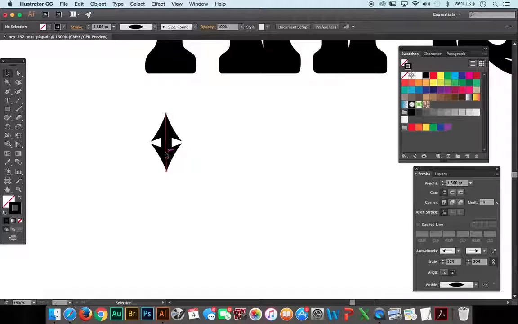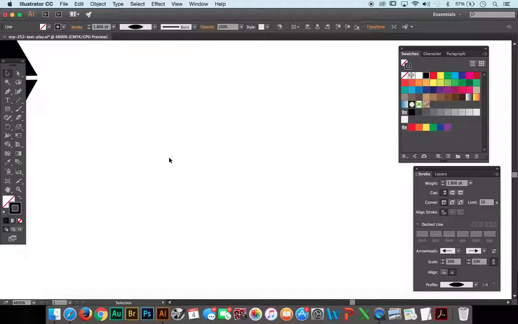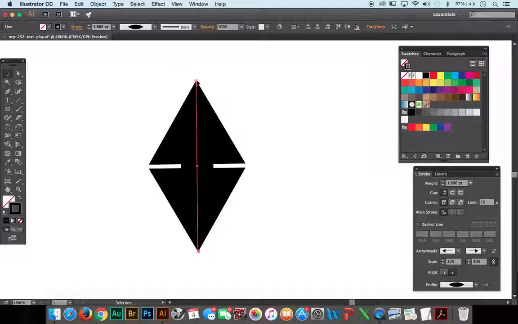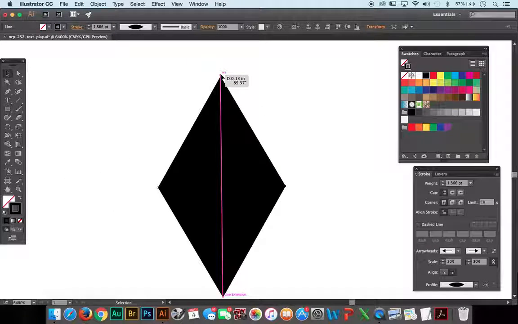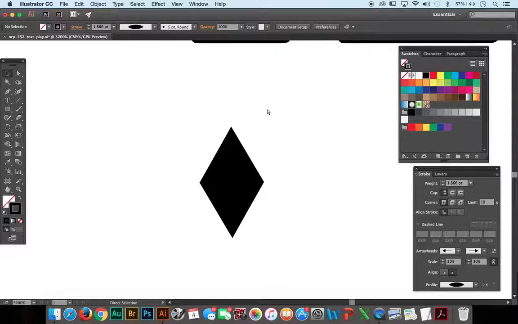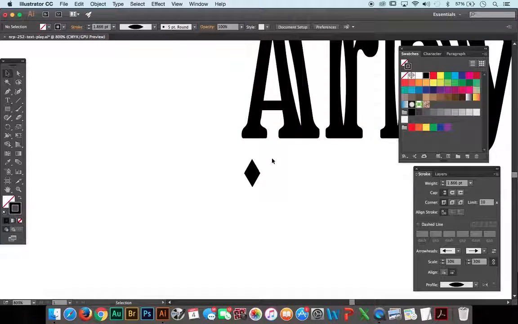I'm almost trying to create like a diamond. Actually, I shouldn't say almost. I am trying to create a diamond. And I know I could have drawn it, but I could also do it this way and make it happen way easier and way faster. Zoom in a little bit more. All I'm doing is just pulling this line out, and since it's got the arrowheads on both ends, bam, there's my diamond. Perfect, okay? So what if I take this diamond that I made, I'm going to copy it, make it white,